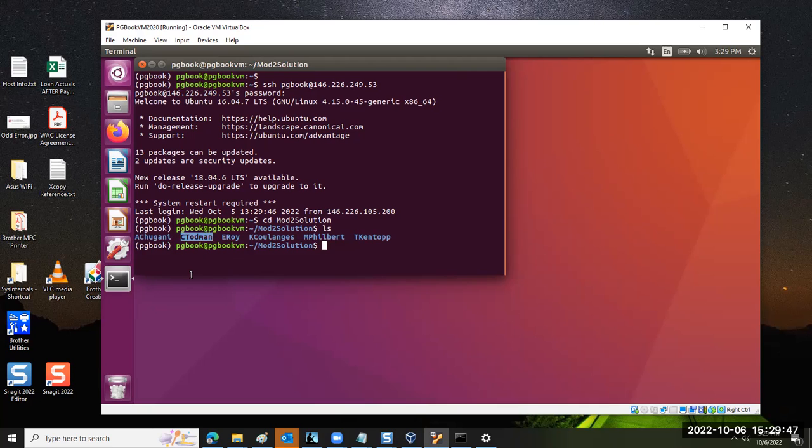What am I trying to tell you? Well, there are 12 students in the class, and only 5 have logged in remotely to this screen and walked through the last steps of the solution and navigated into the mod 2 solution directory, and then